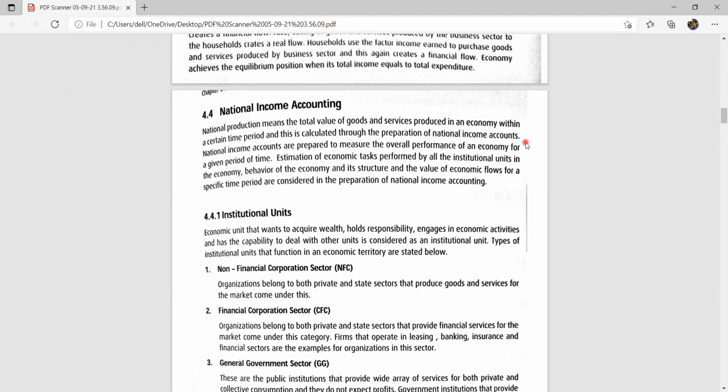It has given a particular framework for how to prepare national accounts in a territory. So in national accounts, national production means the total value of goods and services produced in an economy within a certain period of time. And this is calculated through the preparation